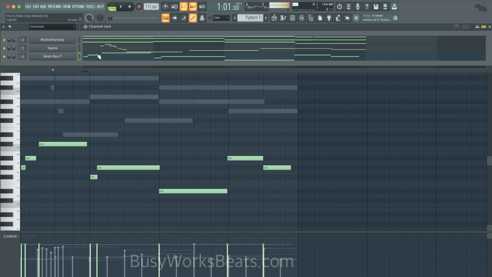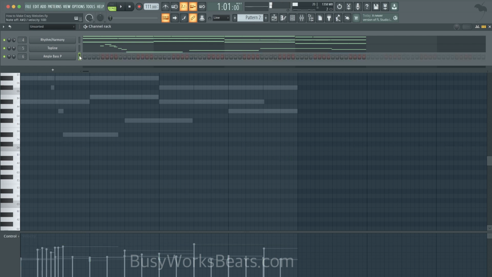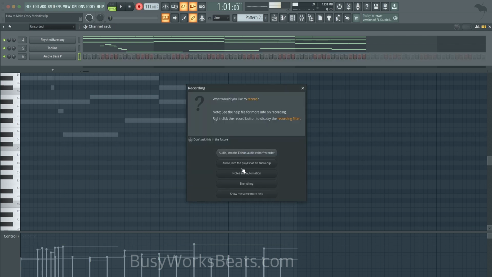So what you could do to kind of spice it up is either give it more rhythm or simply play faster. So let me clone this so I don't mess that one up. Now let's just play faster. I'm just gonna play random notes because I'm improvising here.